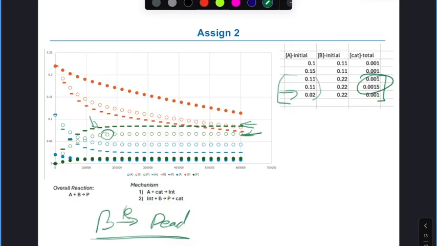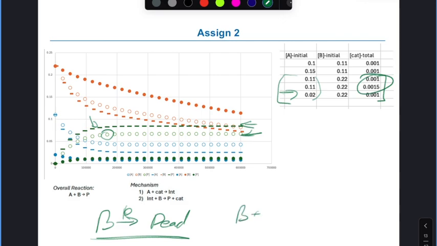What's an equation you could add to start to say, look, this reaction, if I have more catalyst, I can get to higher conversion. I know I'm killing catalyst over time. How do you want to add that feature to your model? You need a reaction that describes how catalyst is deactivating. Yeah? I said B plus catalyst equals